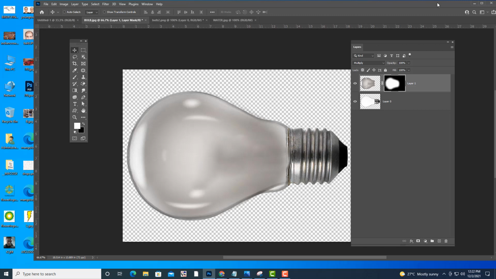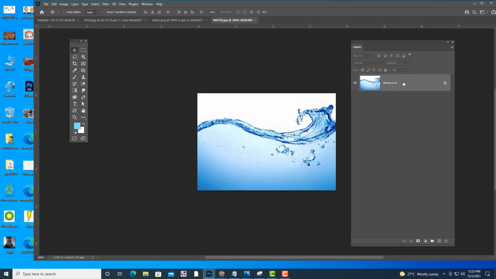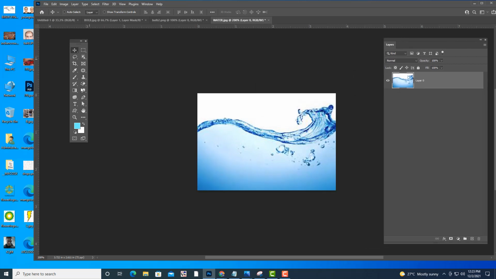Then the next thing I'm going to do is put some water inside the bulb. How can we put the water? I've selected this water, and then I'm going to erase the background. I only want the water.